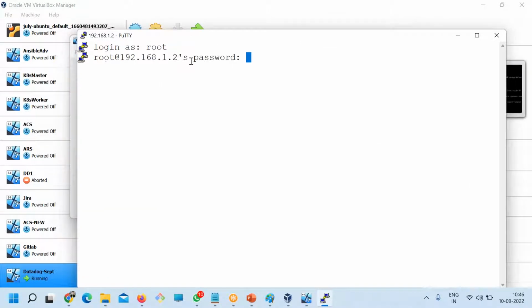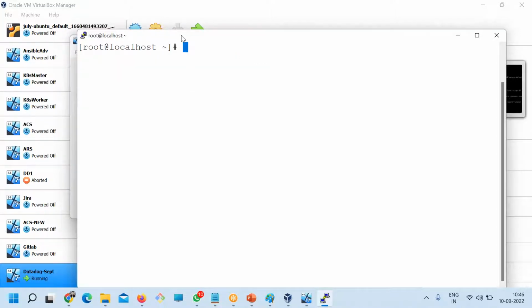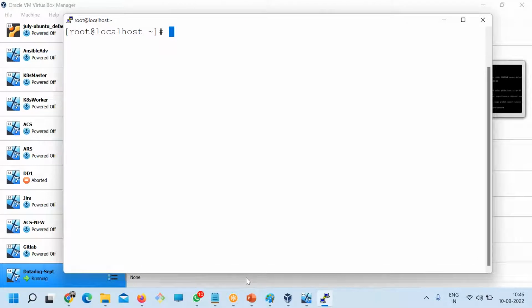Okay, so root and the password. All of you can see that screen, right? Yes. Am I audible? Yeah.